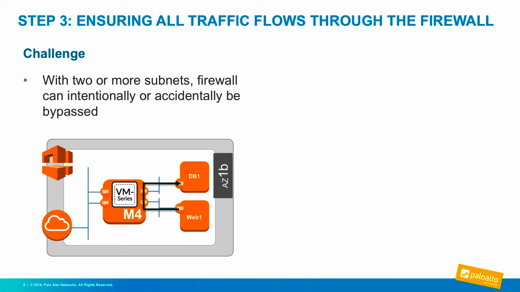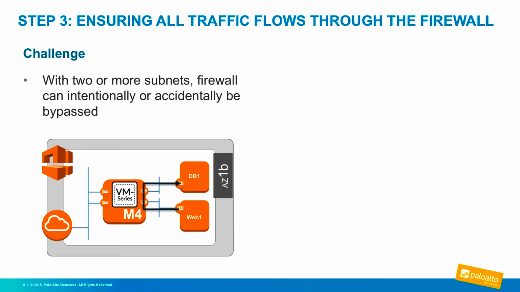But what happens when there are 2 or more internal subnets, which of course is the case in most deployments? Well, with 2 or more subnets, the firewall can intentionally or accidentally be bypassed. And as that is something that we would like to avoid, we need to ensure that inter-subnet traffic always traverses the firewall. And we achieve this by creating a route in AWS for protected instances that points to the firewall as a